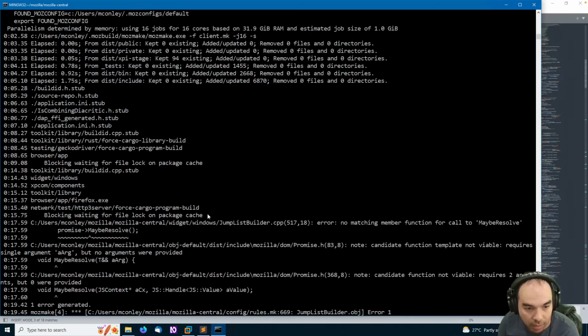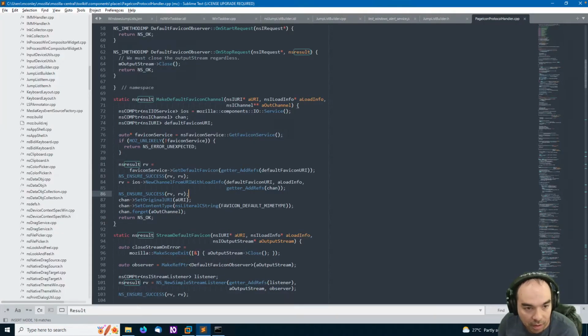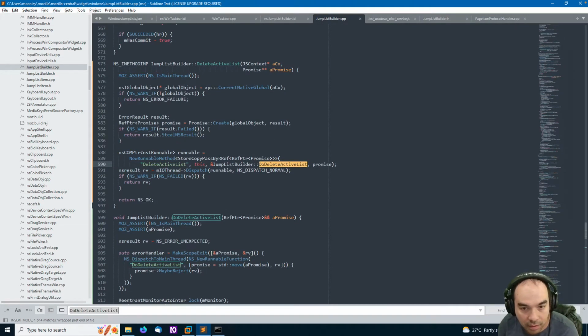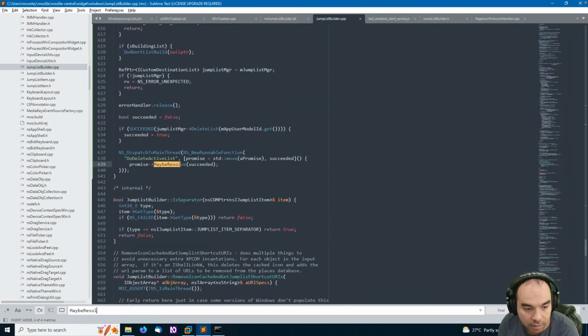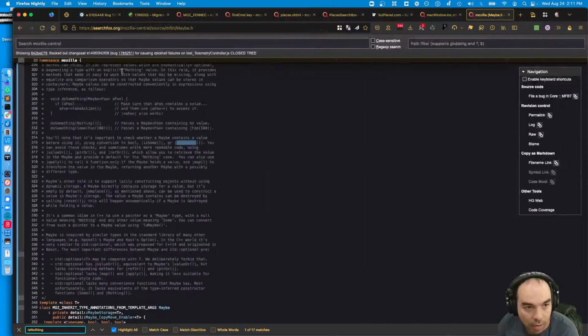This also failed. What went wrong? No matching member function to call to maybe resolve. Maybe resolve. Whoops, I'm in the wrong file. Maybe resolve. Do we always pass?